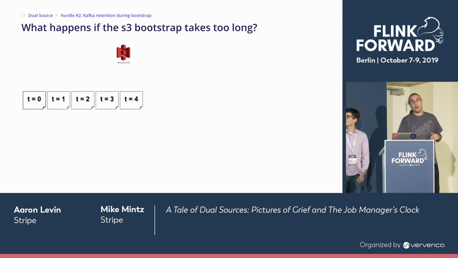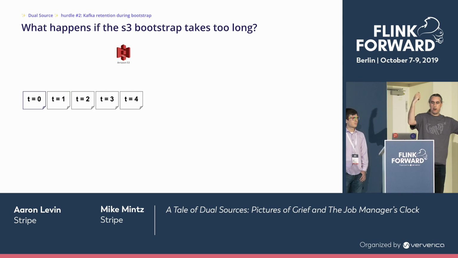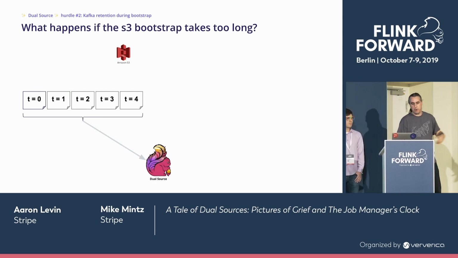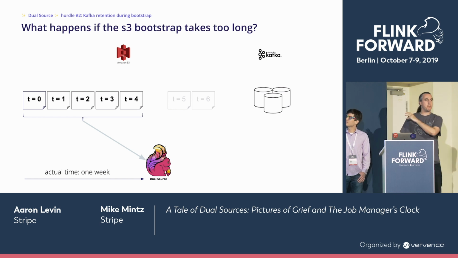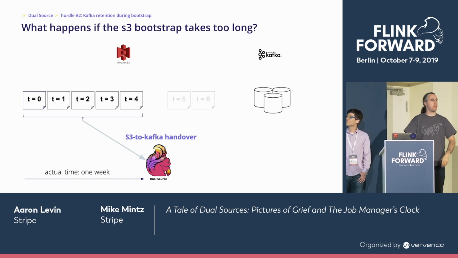So again, story is story. We got our deterministically ordered set of files. We read them into our dual source. It takes one full week. All the meanwhile, events are being published to Kafka, and they're being expired after 3 days, and we're about to